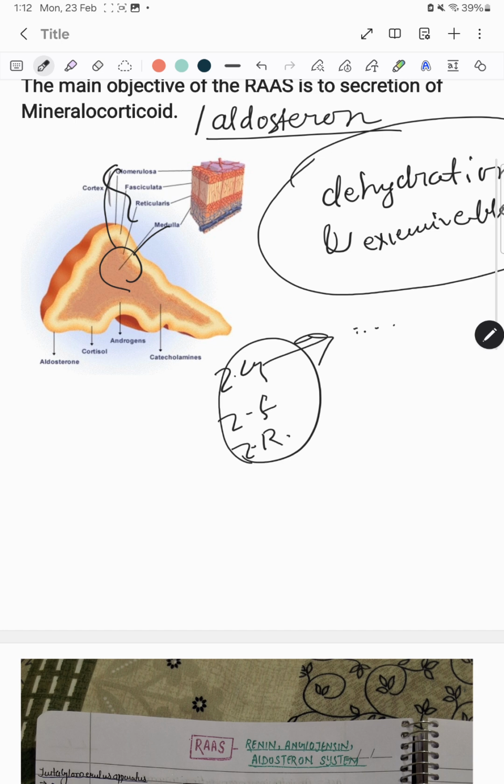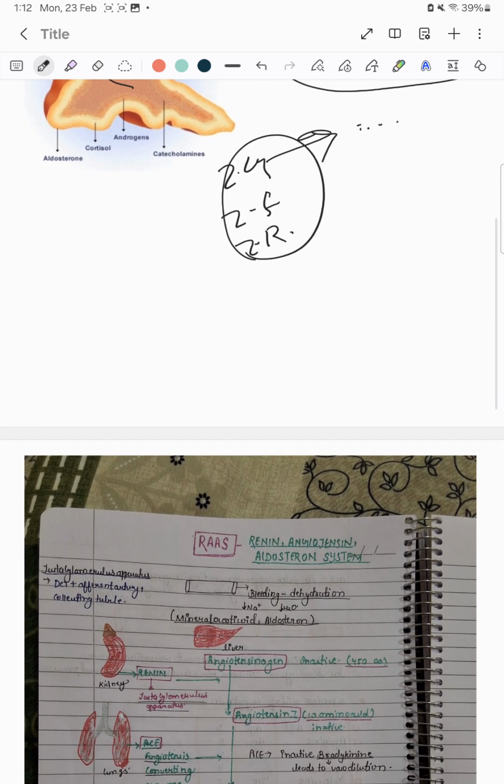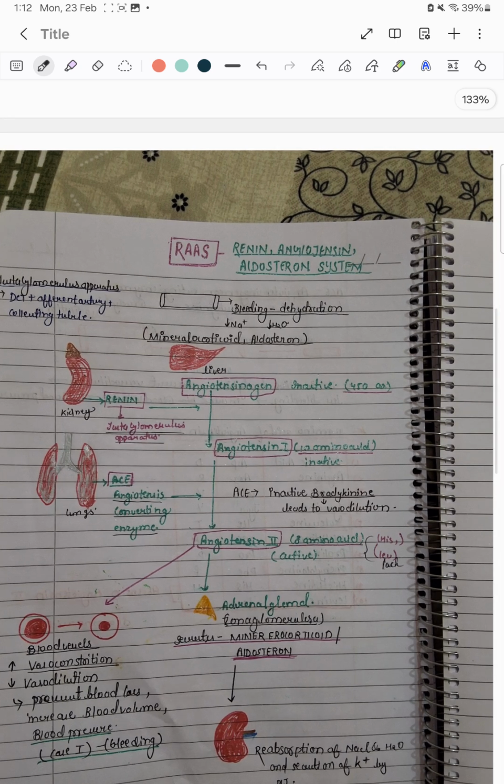It is not directly secreted; it is triggered by the RAAS system. So let's see the RAAS system: the renin-angiotensin-aldosterone system. When our body gets dehydrated or has excessive bleeding, our liver secretes angiotensinogen, which is an inactive form made up of 450 amino acids. Simultaneously, the kidney releases renin. This renin converts angiotensinogen into angiotensin 1, which is made up of 10 amino acids, but is also an inactive form. Renin is secreted by the juxtaglomerular apparatus present in the kidney,